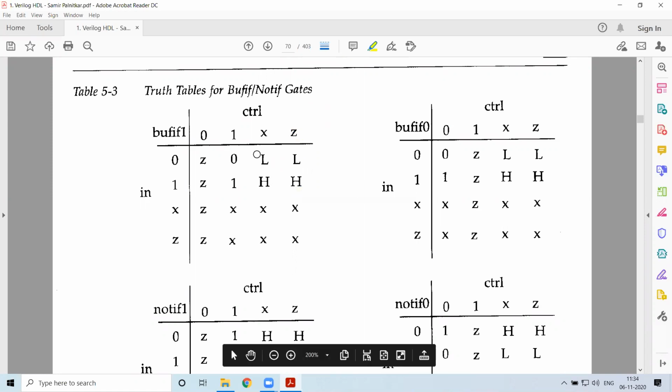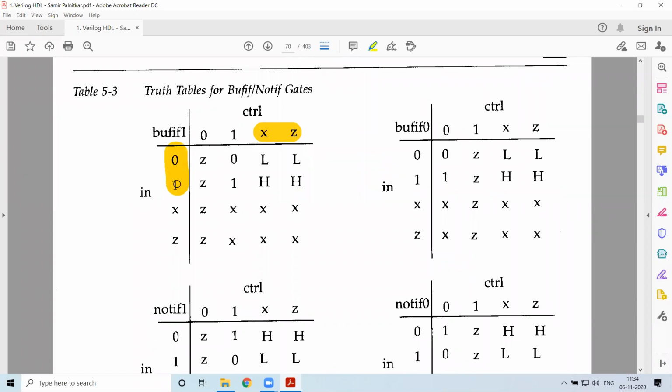Here is one extra thing you have to note down. If control is either unknown or in tri-state, for these two conditions we have a special thing. If input is 0 and control is X or Z, the output we represent as L. L implies that the output will be either 0 or tri-state.